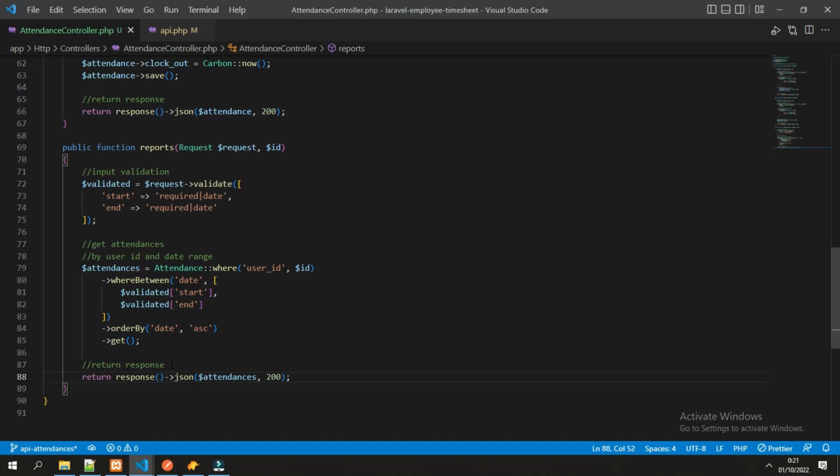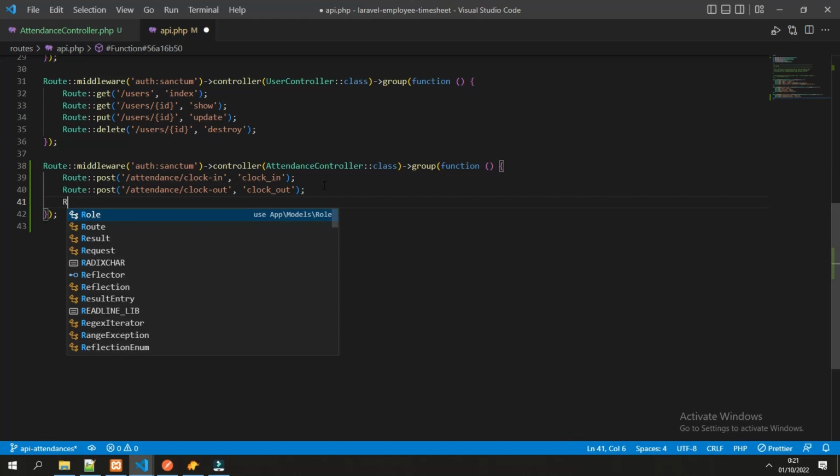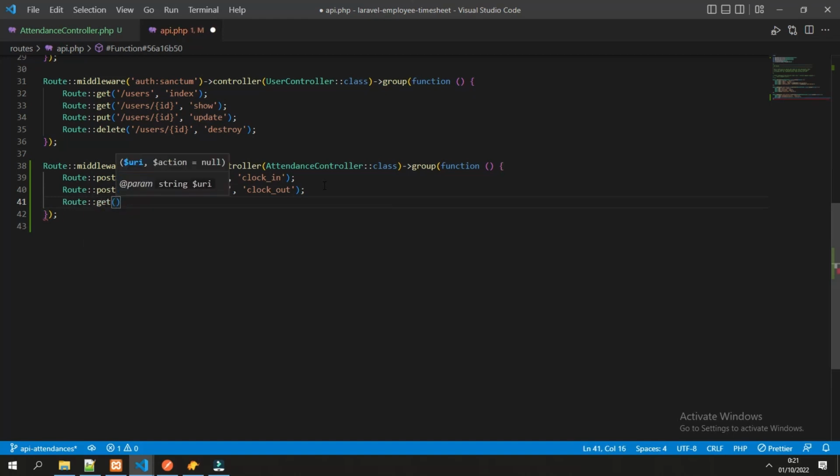Next we add the route. For the report we will use a get request, so route get, and the URL is attendance slash reports slash ID.